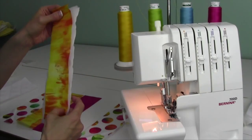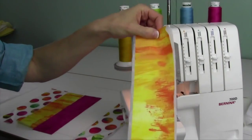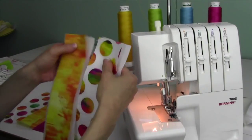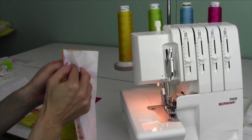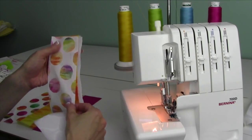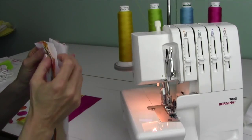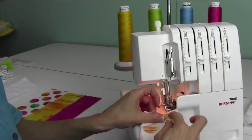So I'm putting the fabric and the batting, so that will be on the back side, and then this is on the front side. Now to get these two pieces together so there's no seams, what we need to do is we need to put our fabric right sides together and our batting right sides together. So I'm going to just layer those up, and then we're going to serge with a 4-thread construction seam all